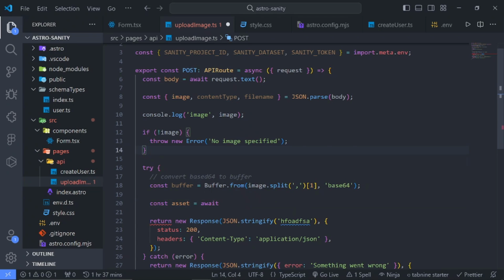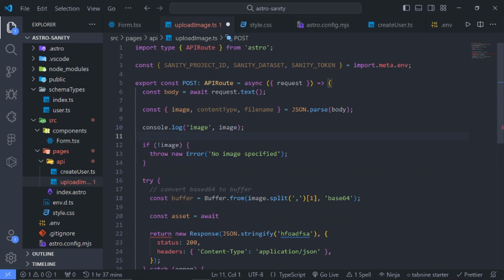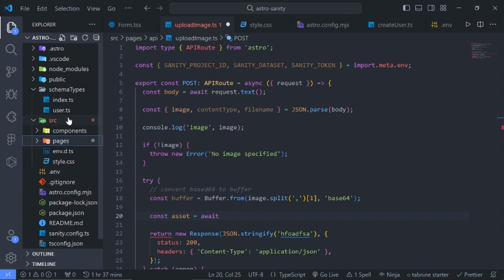So I'll quickly create that. So we want to pass in our project ID and our data set and other necessary data that we need. So I just come to this source directory. Let me just do it right here. So I'll call this lib. Inside here I'll call this